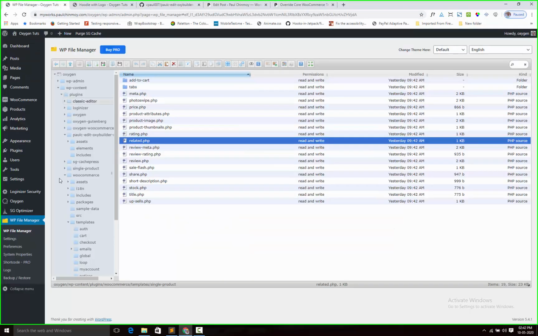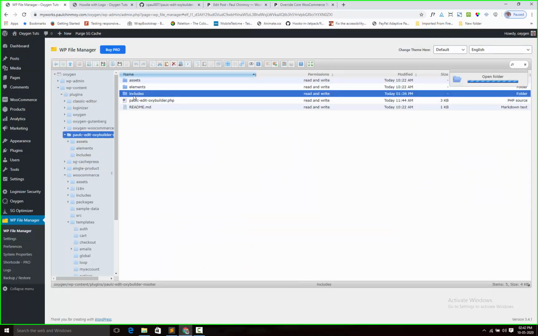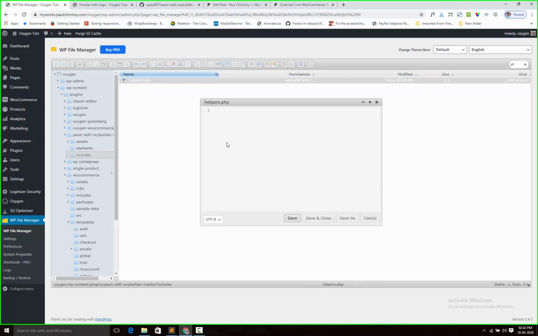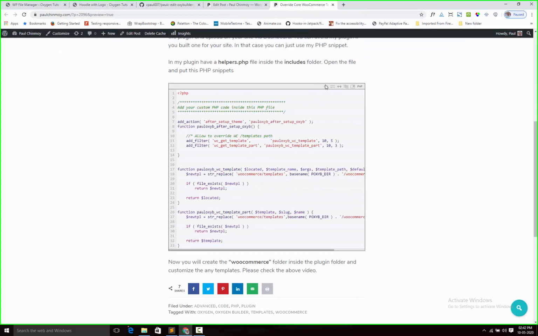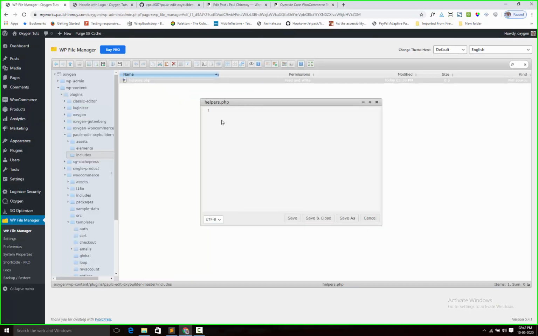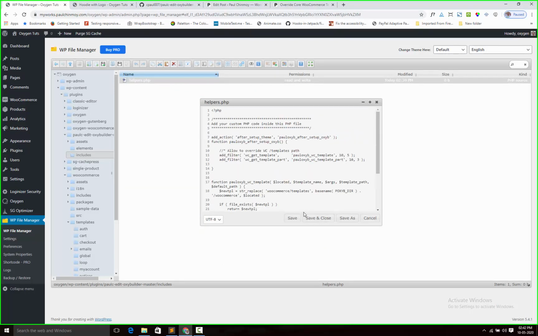So I am going to my plugins folder, includes folder, and opening the helpers.php file. Right now it is blank. I already published this snippet, so I am copying the code from here and pasting it directly here. Now I am saving the file.